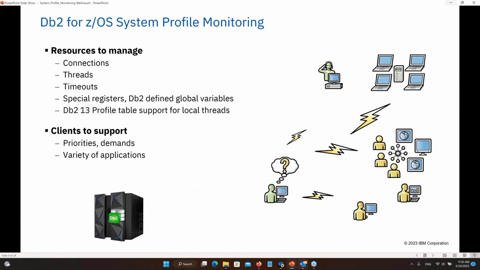So let's go into what the profile monitoring is. Actually, the initial introduction of the profile tables was in DB2 version 9, so it's now forever, especially with the speed of IT today. And it was mostly used to influence query characteristics, SQL, especially for complex SQL. The usage was significantly extended in DB2 10 to address a pain point that became